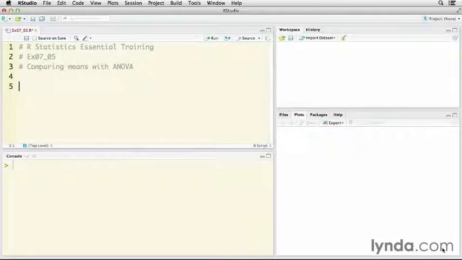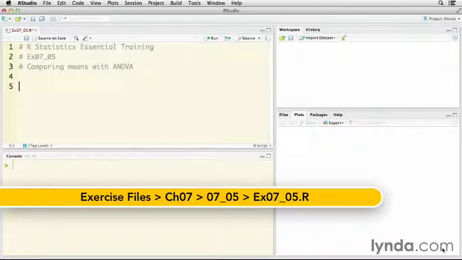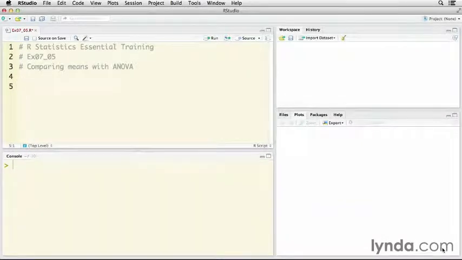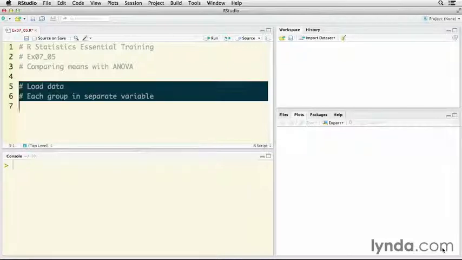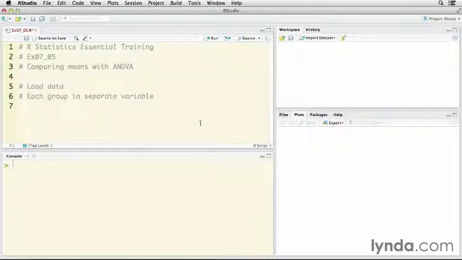In the previous movies, we looked at how to use the t-test to compare the means of either two different groups or the means of the one group over 2 points in time. In this movie, we're going to look at the one-way analysis of variance, or one-factor ANOVA, also an extremely common measure in inferential statistics. Like we did with the paired t-test, we're going to use some randomly generated data for